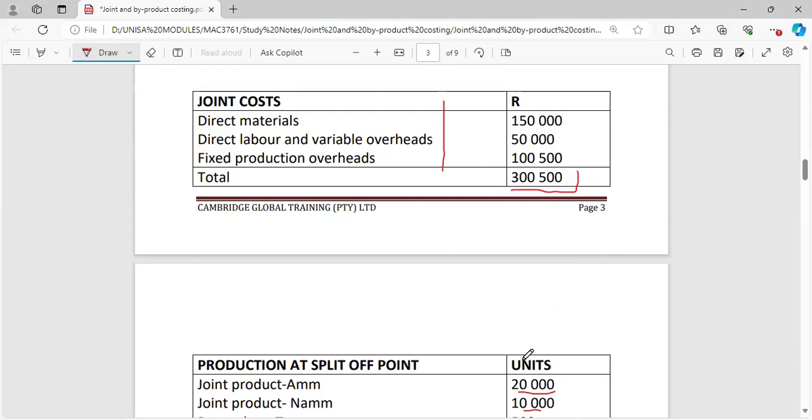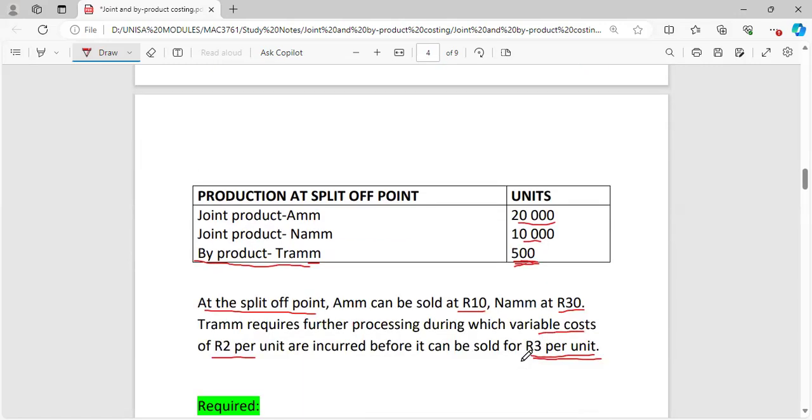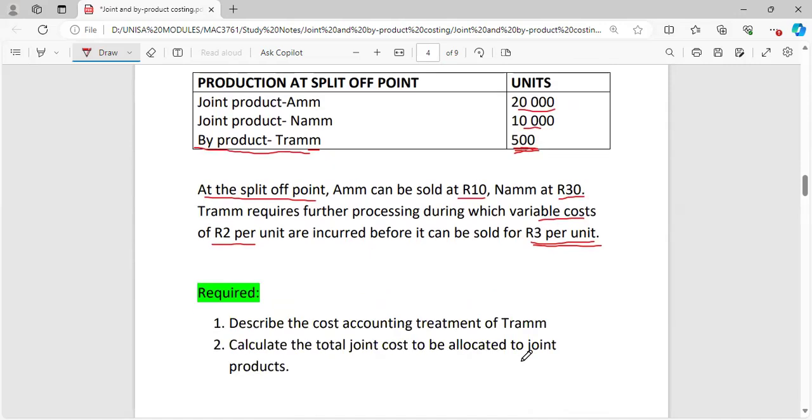Okay. And then after that, we'll figure out which type of allocation we are supposed to use. If we are using the net realizable value, then we use net realizable value. Then if it is about the amount of products being produced, we use that one. Okay, yeah, but